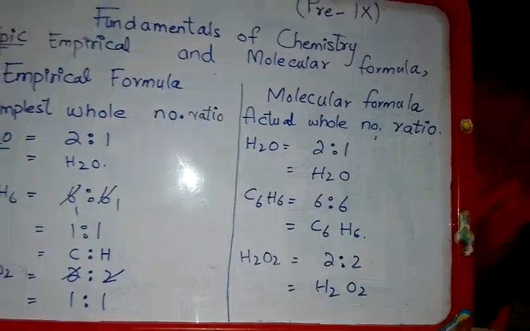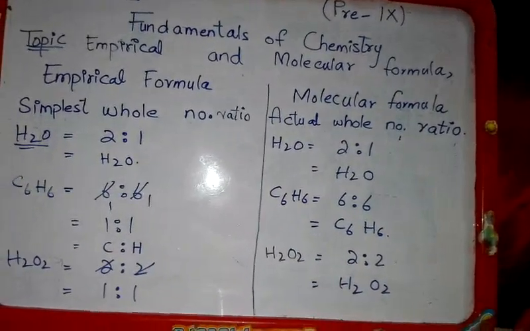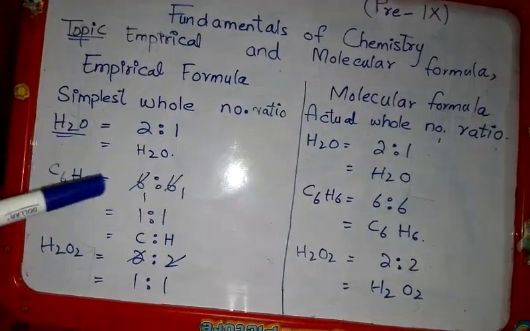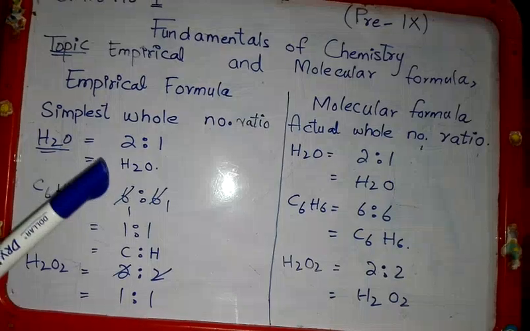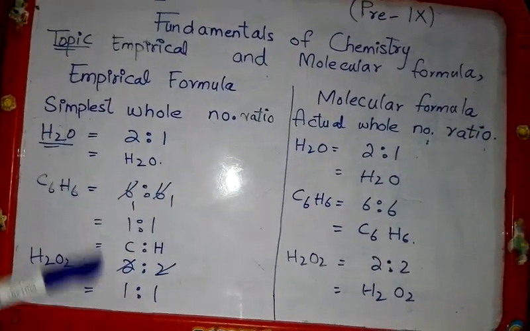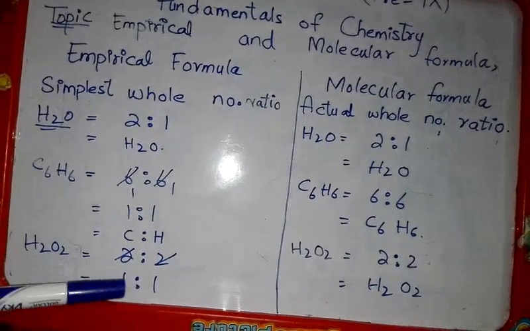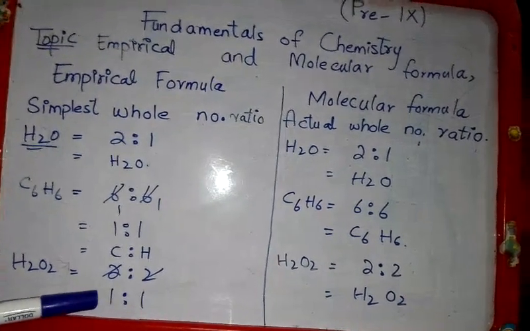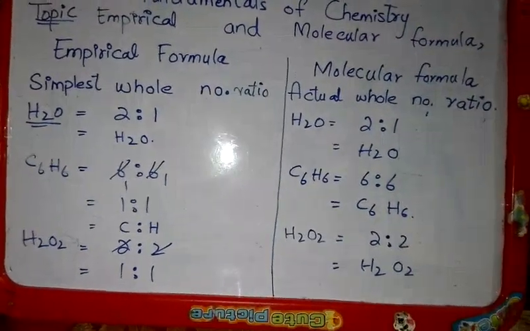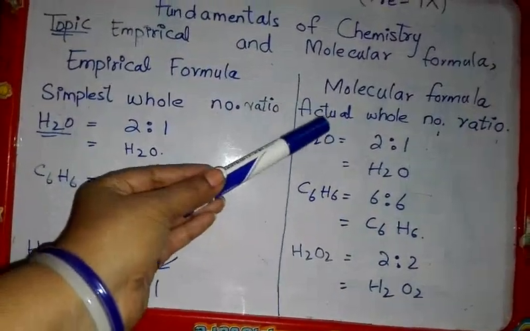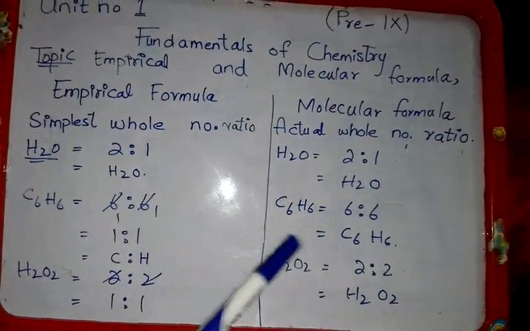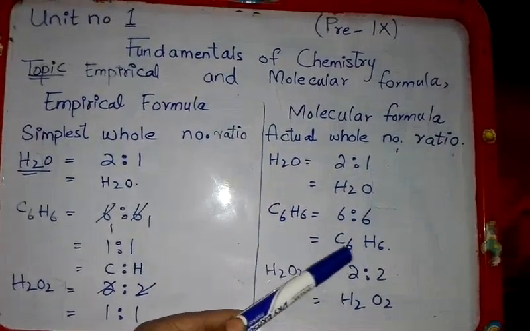whole number ratio. For empirical formula we try to simplify the values given. We simplify by dividing them or multiplying them with a similar number, so that it comes into the simpler, least form. This is the least form, 1. But in molecular formula we do not do such an act, because we want the actual whole number. Actually, what is the number? We will mention that. Here the actual number is 6, we will mention that.